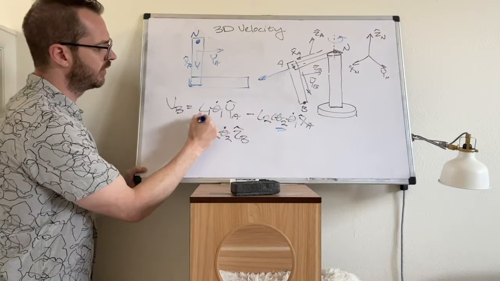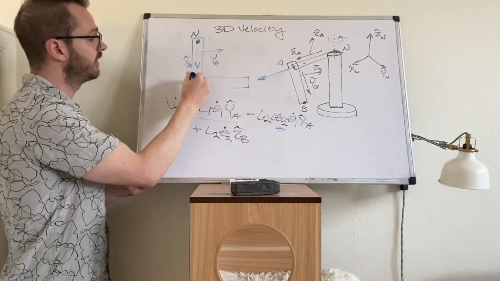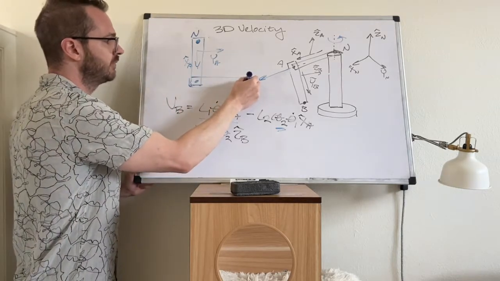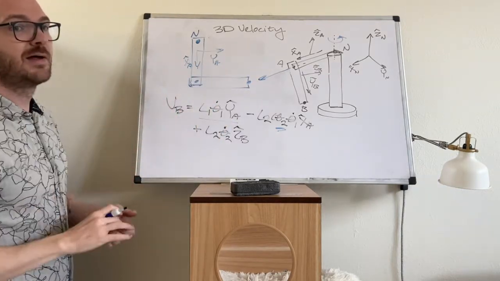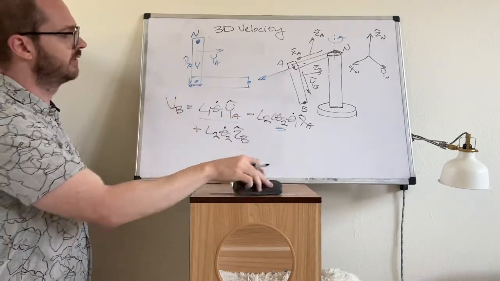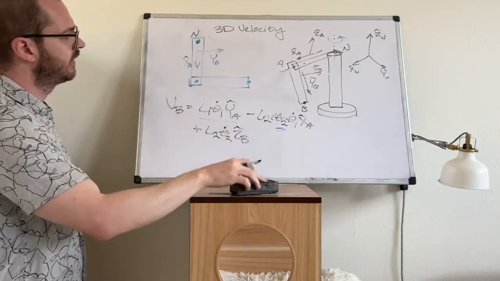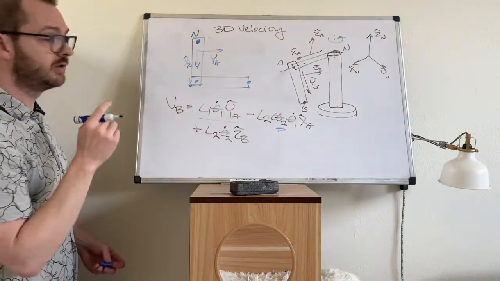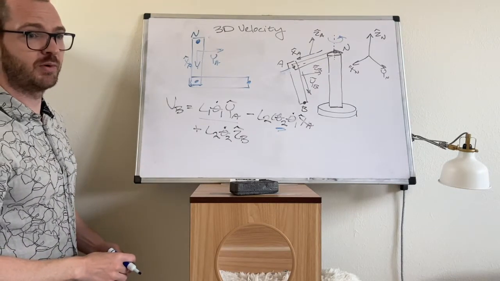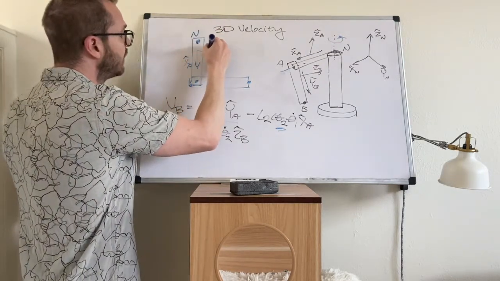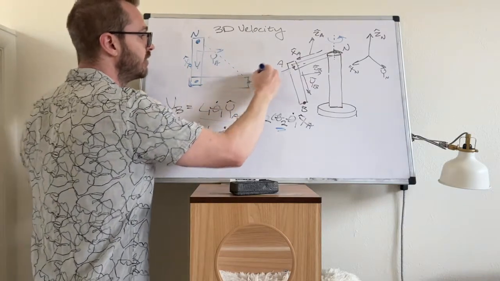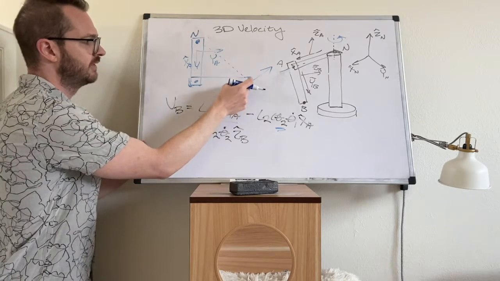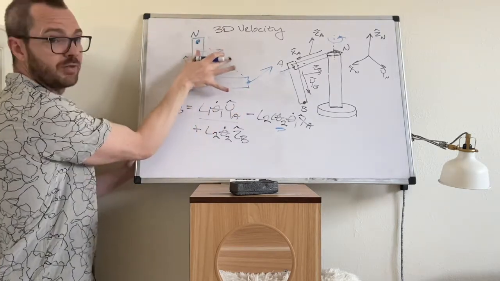So this first term, L1 theta 1 dot YA, that makes sense, right? That's the velocity at this point, and it's tangent to that path. And we've gone out now to this point. Just from a drawing, without even looking at the math, if I ask you what's the velocity of that point, and you have a ruler in front of you, you should be able to draw the velocity vector at that point. This is it. You draw a straight line to the point, and then you come off of that point 90 degrees. That would be the total velocity of that point if we were spinning around this and this whole thing was